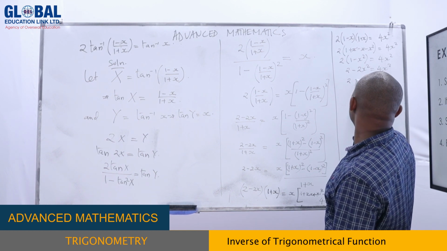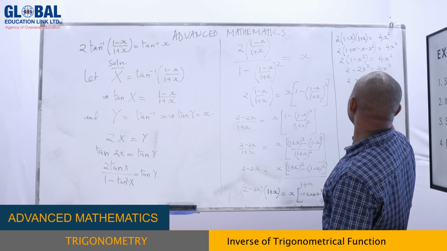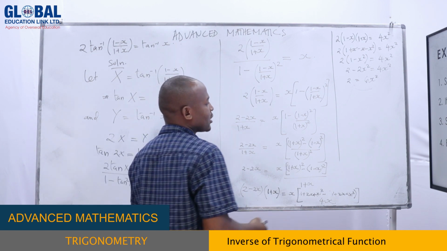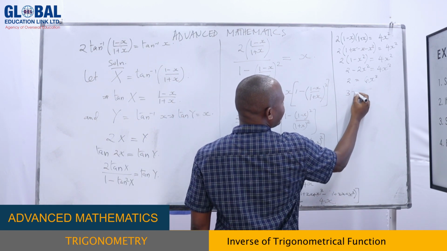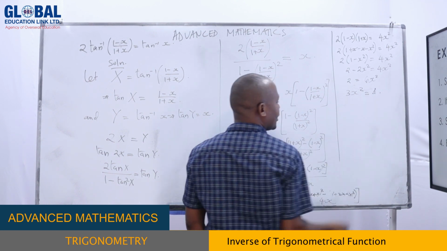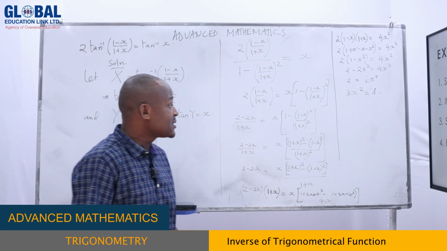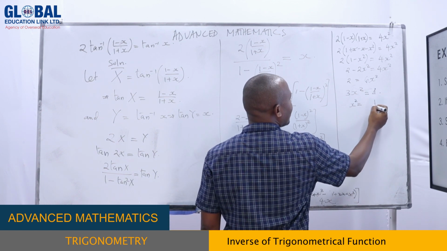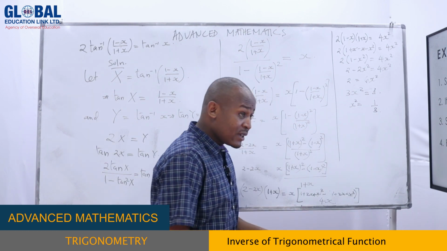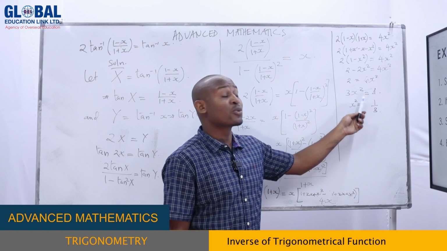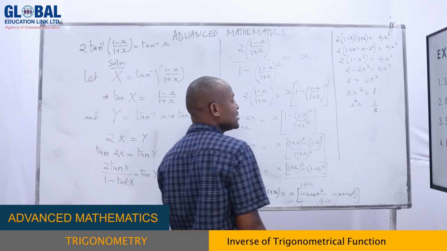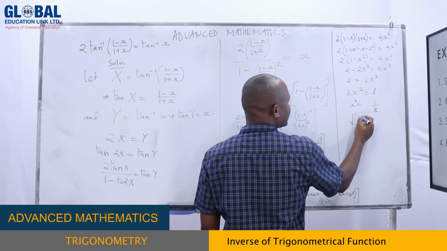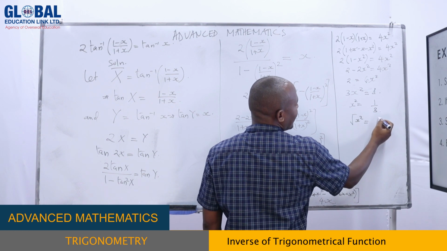Then we have 2, which equals, this going to that side, 6x². So if we put that in a good manner, it means it will be 3x² equals to 1. And how can we simplify that once more? That is to say, we have x² equals to 1/3. But in our question, we are not asked to find the value of x². We are supposed to find the value of x. That means we are supposed to find the square root of that. That is to say, on that side is in that way, and then on that side too,